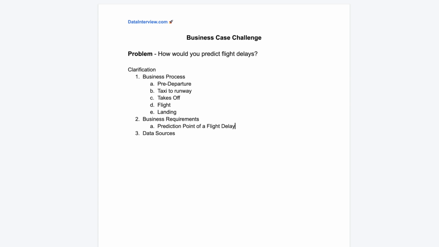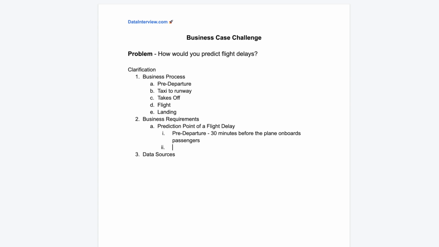And I think that one of the 2 obvious ways of predicting flight delays is going to be the first part, which is during the pre-departure stage. So typically about 30 minutes before the plane will allow passengers to be on board, the flight attendant is going to announce whether the plane is on time or not. And so this could be a meaningful prediction point. So 30 minutes before the plane onboards